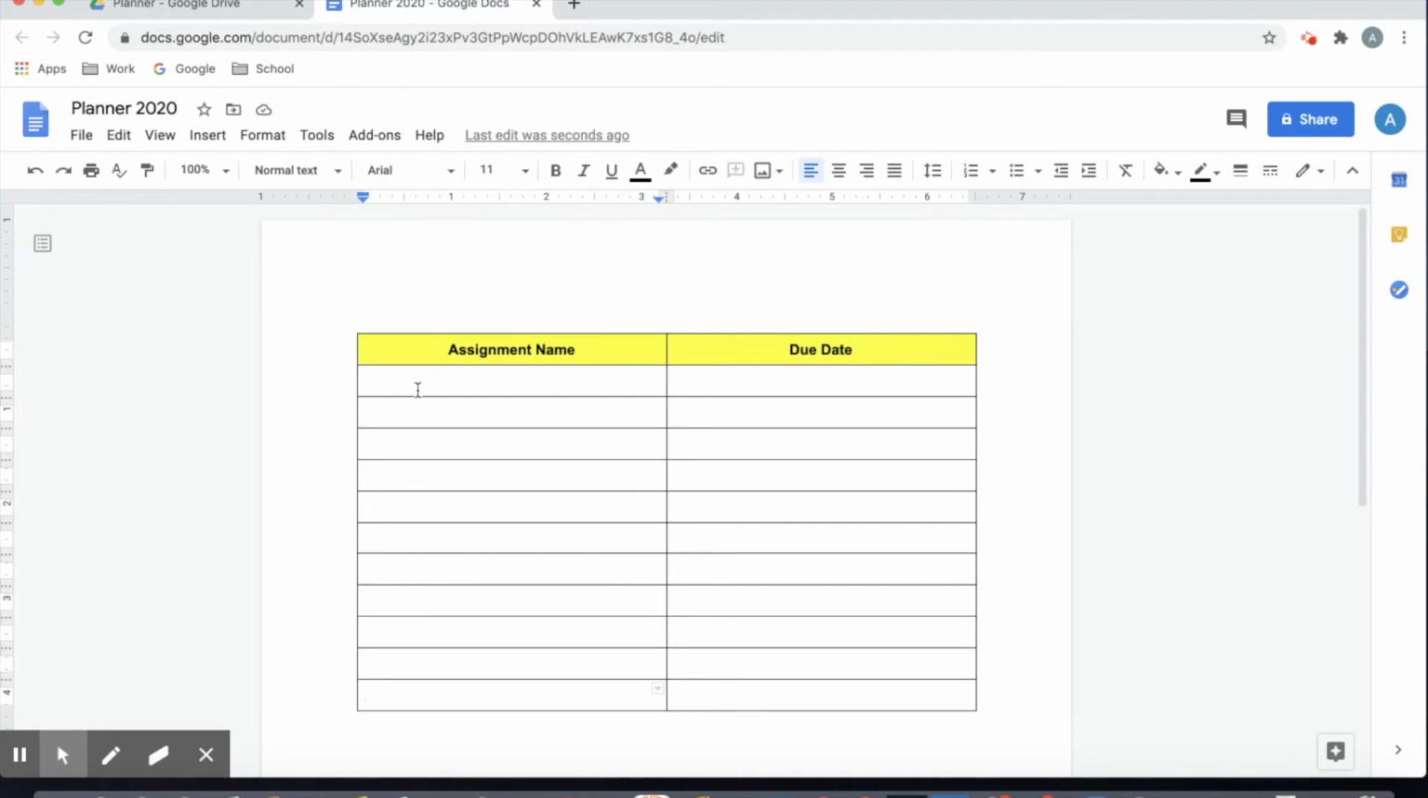Now let's write some example assignments down. So let's say you had to read chapter 1 of To Kill a Mockingbird. So we write read chapter 1 of To Kill a Mockingbird. And let's say that needs to be due on Friday, September 25th. And there we go. And then let's say you had a math worksheet, and that is due Wednesday, the 23rd